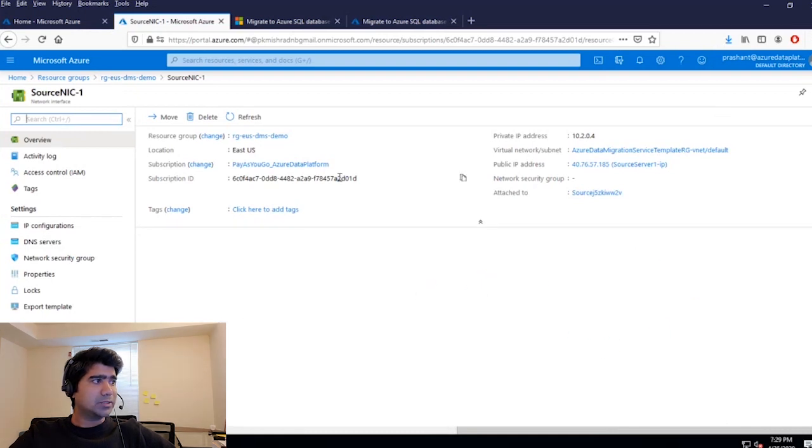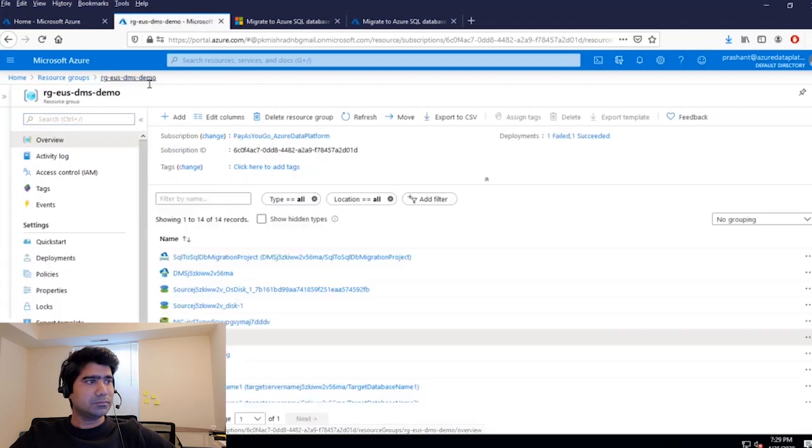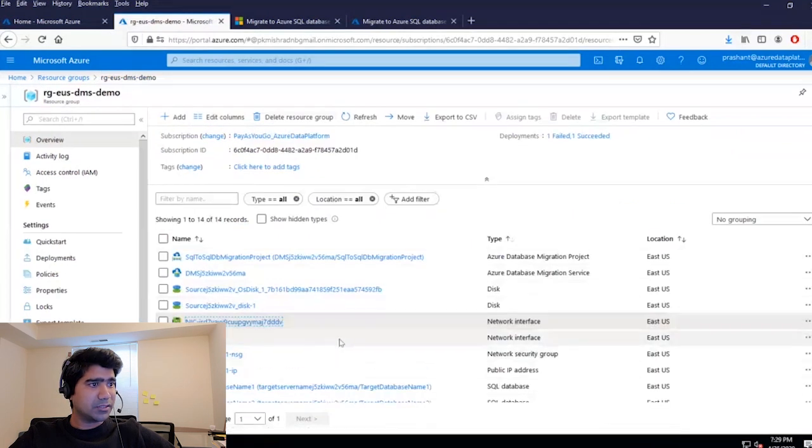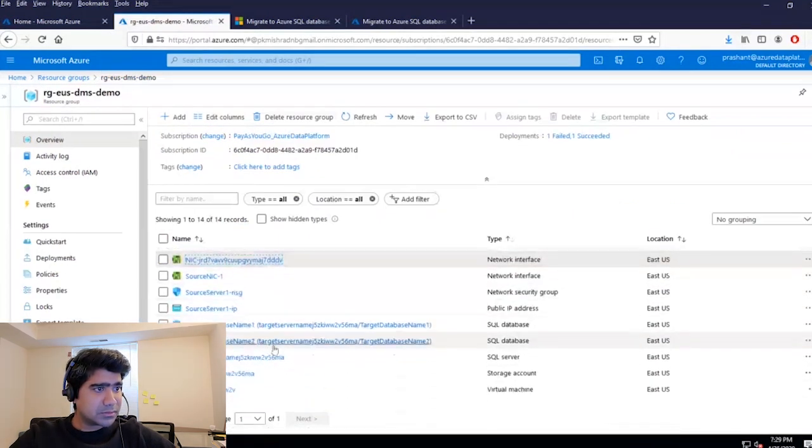Okay, you can see this source NIC1 is attached to this, which is nothing but my VM, which has been created by this deployment. And let's go to this. This one is attached to another network, which is, where did it go?